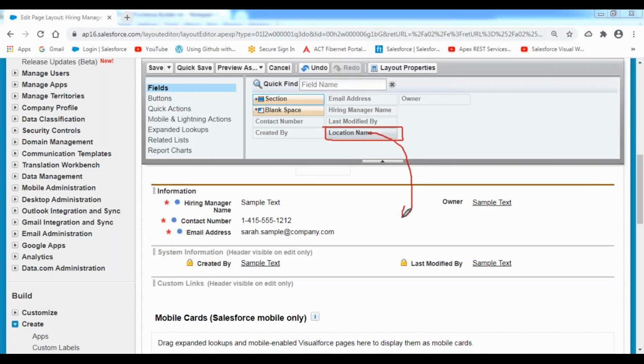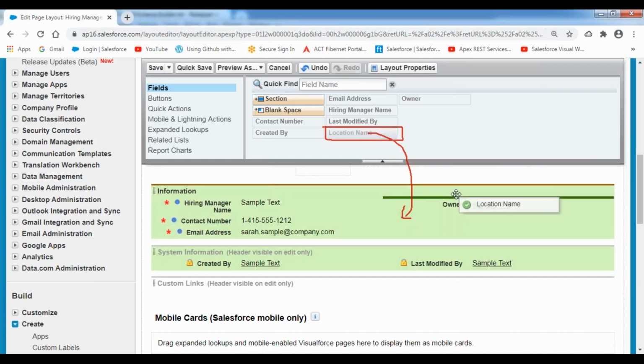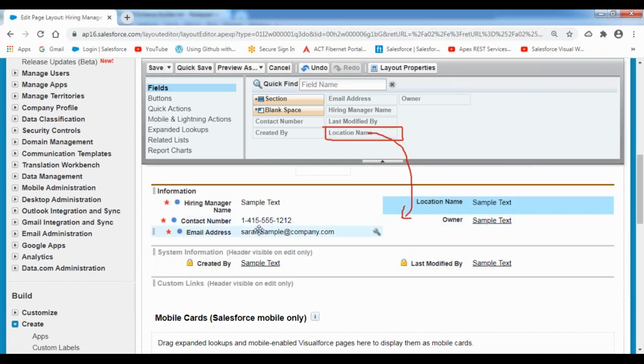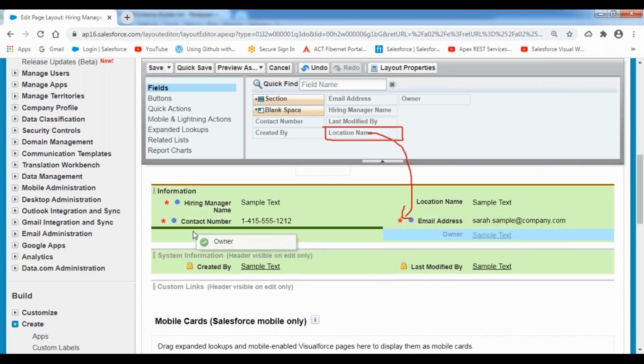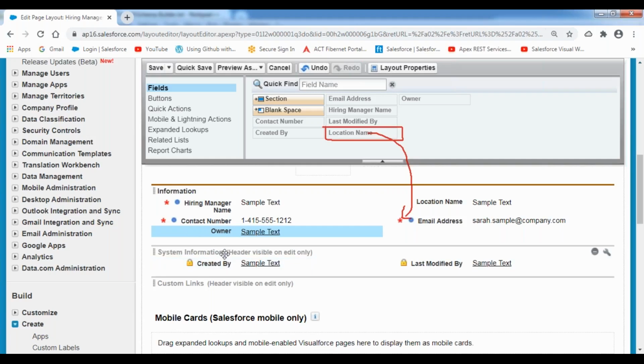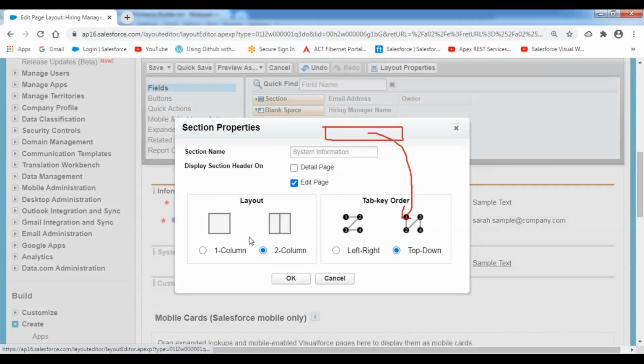You can just drag and drop it onto your page layout. That's it. So I would like to add this field onto my location. I want to show this field in this location. Contact number should be in this location. Email ID should be in this location. Owner field should be in this location. System information section I want to show in this location over here,